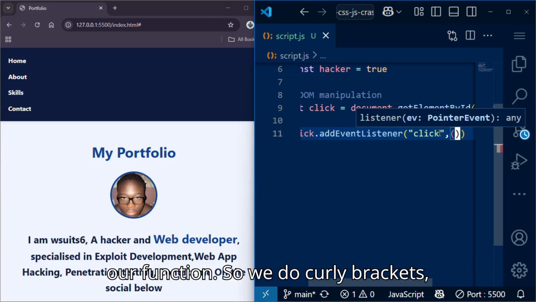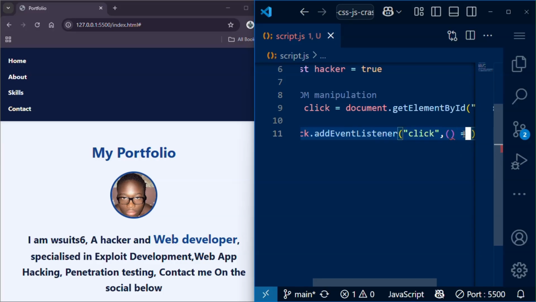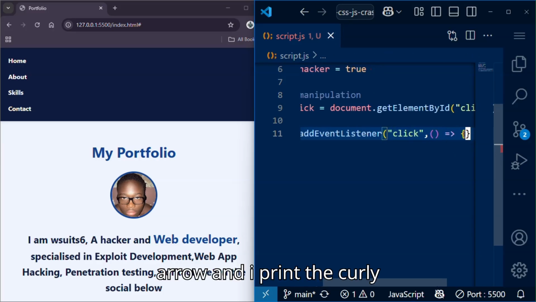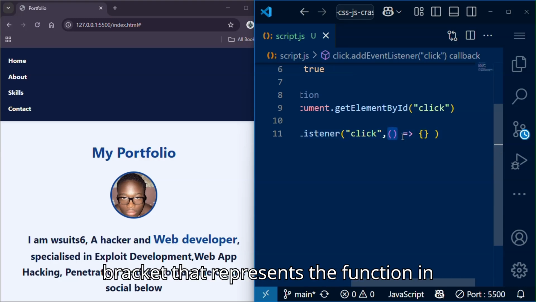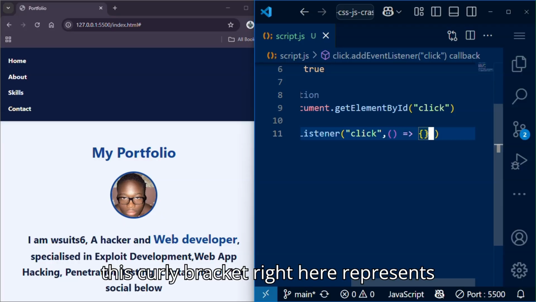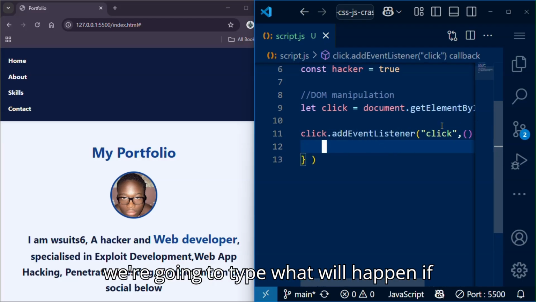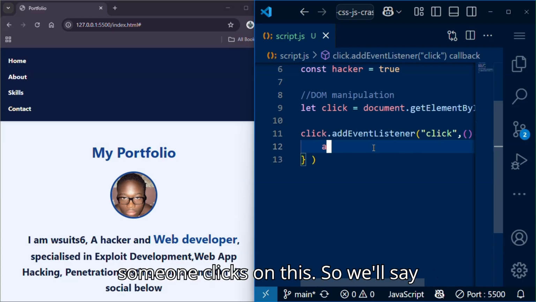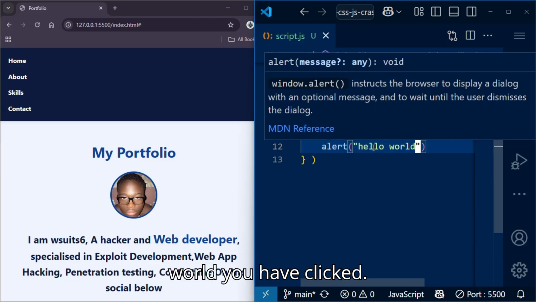So we do brackets, arrow, and I bring the curly bracket again. So we're going to have a bracket that represents the function in case we want to input some stuff, and this curly bracket right here represents what is going to happen. So inside here we're going to type what will happen if someone clicks on this. So we say alert, hello world, you have clicked